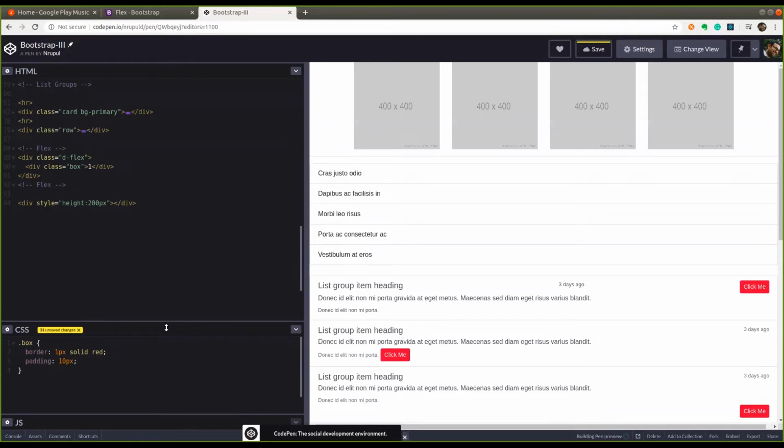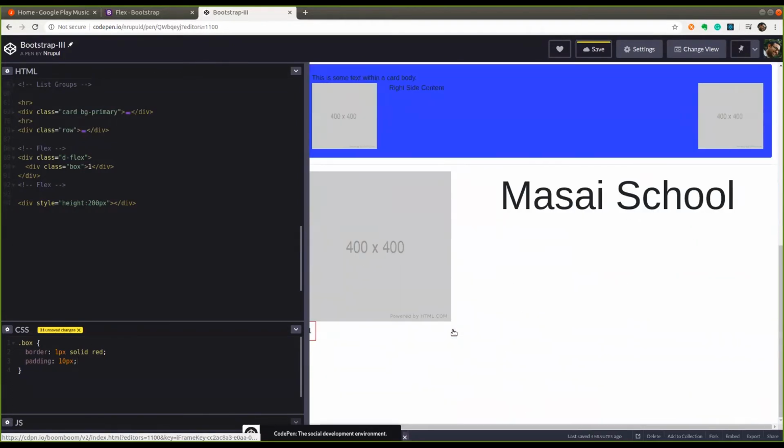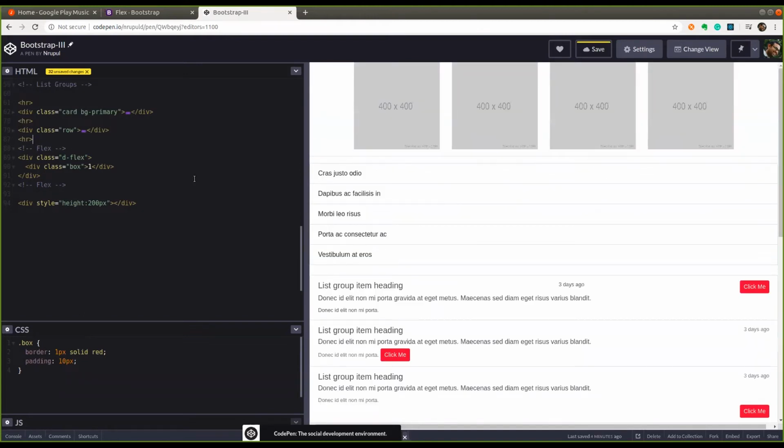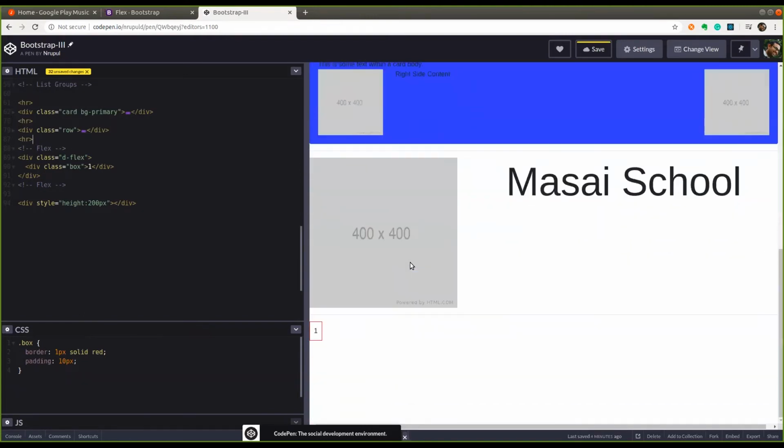So all these properties you have used when you have written your own classes when you learn CSS. Now you are just using Bootstrap inbuilt classes instead of your own classes. So the properties will remain the same. All you have to do is,